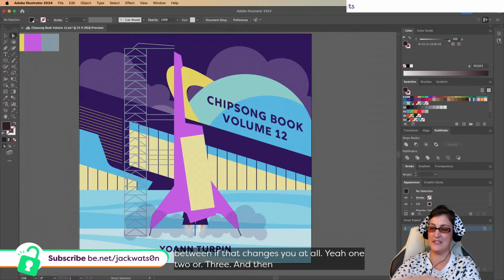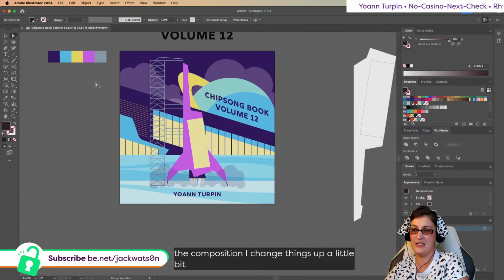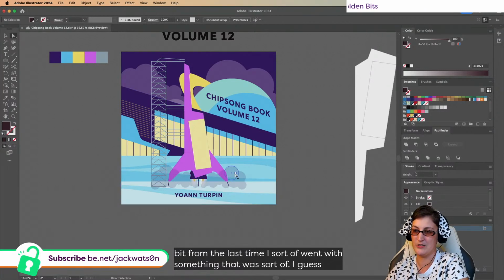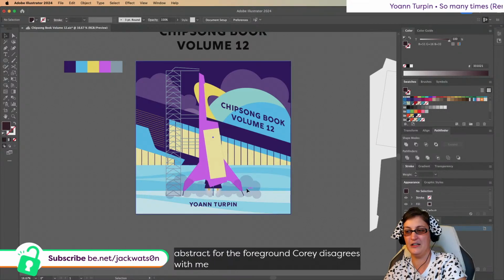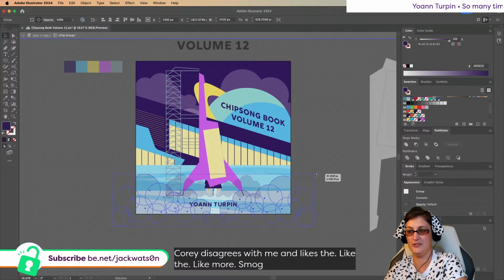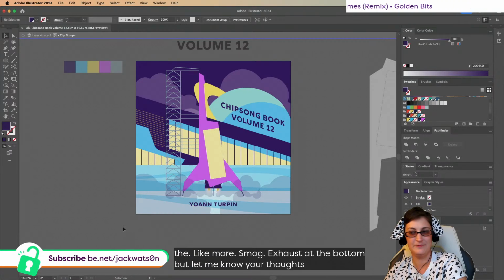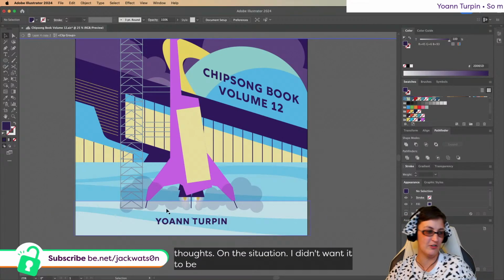And then also let me know your thoughts on the composition. I changed things up a little bit from the last time. I sort of went with something more abstract for the foreground. Corey disagrees with me and liked the more smog exhaust at the bottom, but let me know your thoughts on the situation. I didn't want it to be fully engulfed in